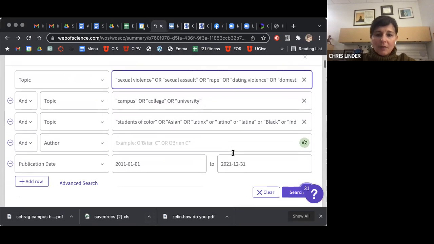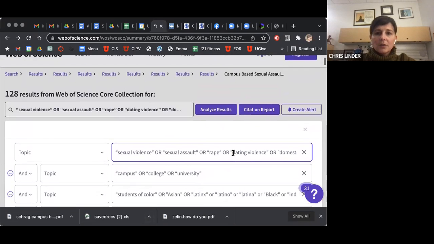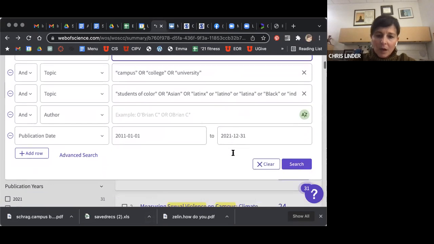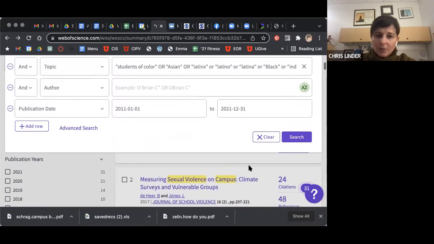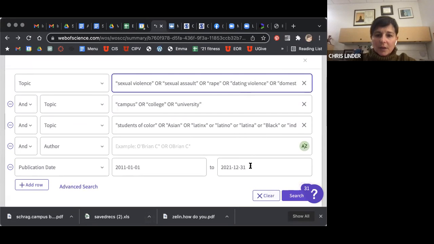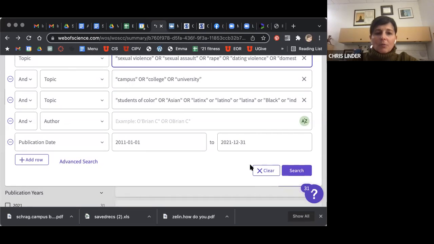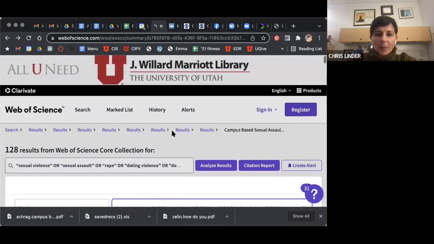I just wanted to have a video of it so you could go back and consult it if you need to. I also ask that you don't wait till the last minute to do this, so that if you do have trouble, you and I can talk through it and figure it out together. We are shooting for around 100 articles per topic.